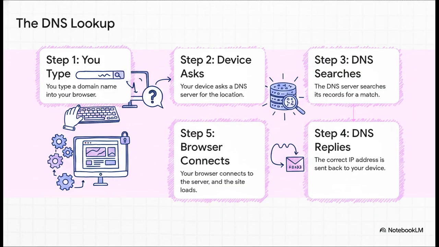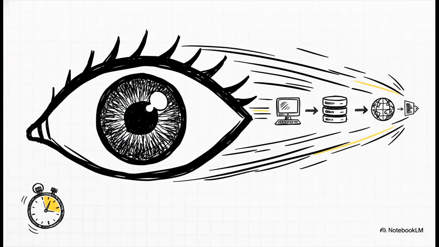All right, here's the play-by-play, and it is fast. You make the request. Your computer immediately asks a special computer called the DNS server, hey, where can I find this place? That server quickly skims through its massive directory, finds the matching IP address, and sends it right back. With that number in hand, your browser now knows exactly where to go to load the website. Simple as that. And the most amazing part of all this, the whole 5-step process happens so fast you don't even notice it. I mean, we're talking about milliseconds. It's an absolute marvel of speed and efficiency, and it's repeated billions of times a day all across the globe.